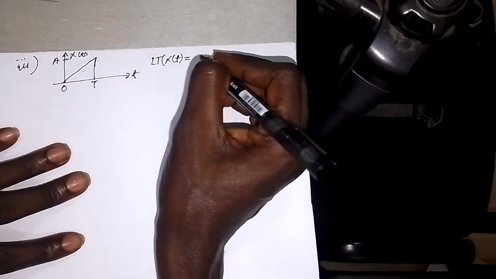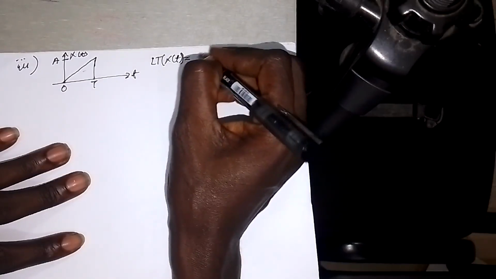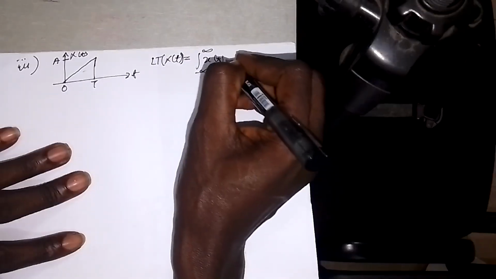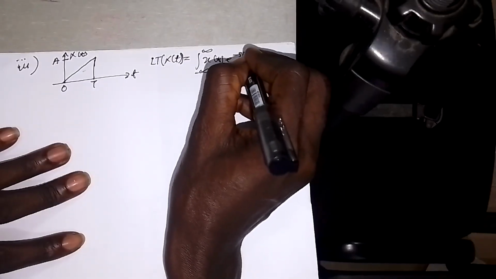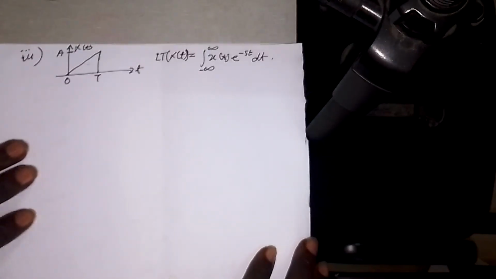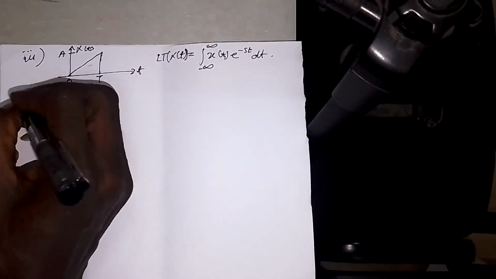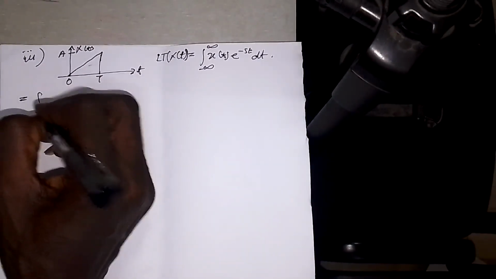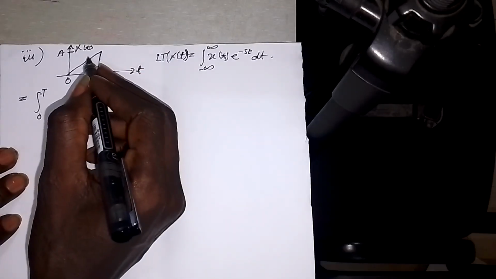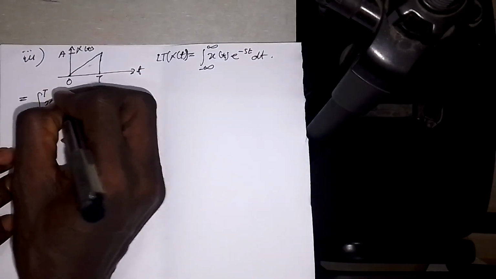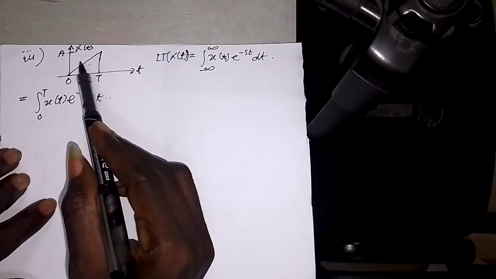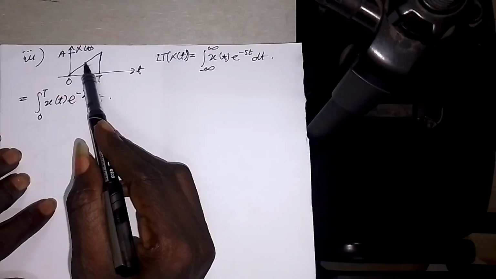T, which will be equals to the integral from minus infinity to infinity of x of T into E minus ST dt. Okay, so if I do this one, then I'm going to have Laplace transform of 0 to T, and then here you see 0 to T into x of T into E minus ST dt. One thing is that with this particular function, this one is a slope, so I must find the equation